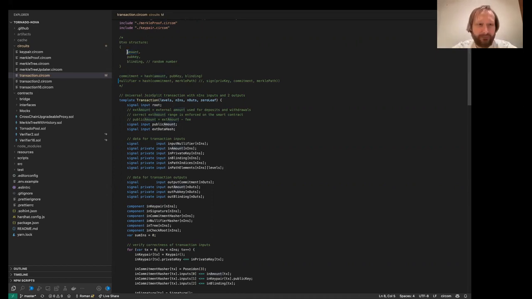We also need to check that each of those amounts is larger than 0, so no negative amounts are present, because otherwise we have overflows and stuff like this. Also, to make it easier to make deposits and withdrawals, we introduce another external amount that comes from the smart contract. It's a public input, and the smart contract will check it. It can be positive or negative.